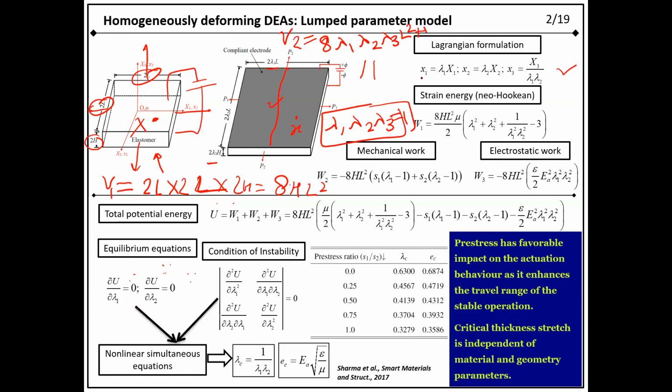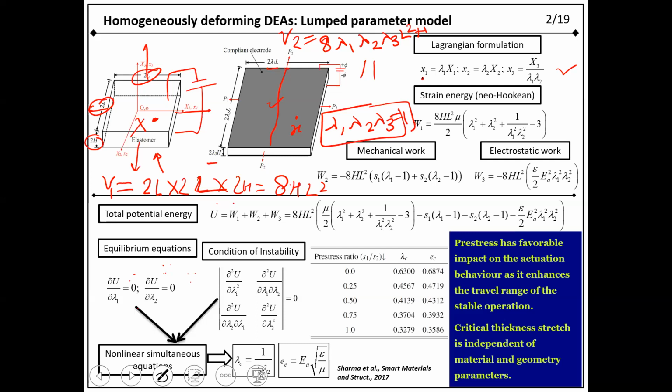So x1 represents the x coordinate, x2 is the y coordinate and x3 is the z coordinate, if you depict your coordinate system by x, y, z. And this will be the relationship, and you can check.